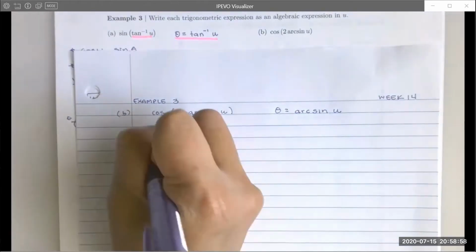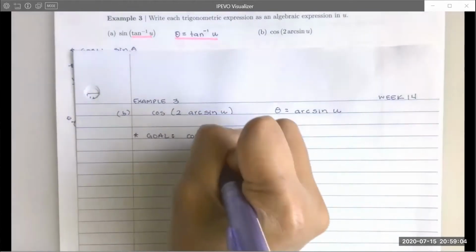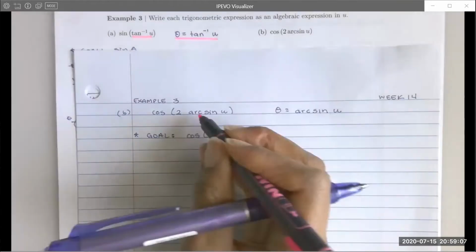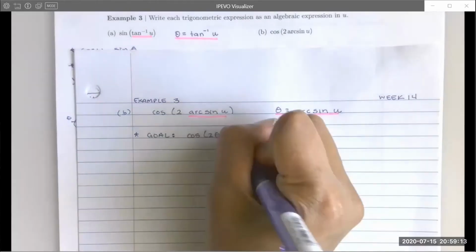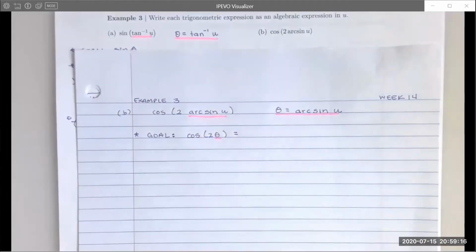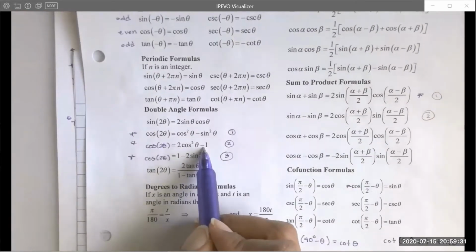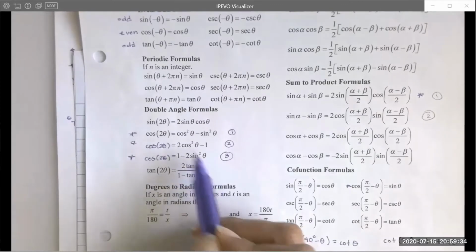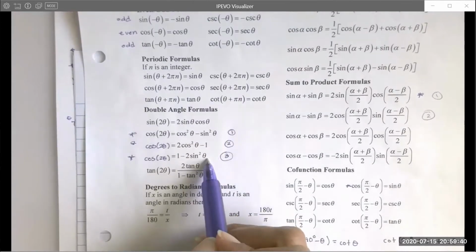Okay, so now we have a new goal. That goal is to find cosine of 2 times theta. And we do have those double angle formulas to help us. The tricky part here is going to be which one do we use, because there are 3 versions of the double angle formula for cosine 2 theta, right? There's the 2 cosine squared theta minus 1, the 1 minus 2 sine squared theta, and the cosine squared minus sine squared. So either one that you pick should still work, but one of them is going to make our